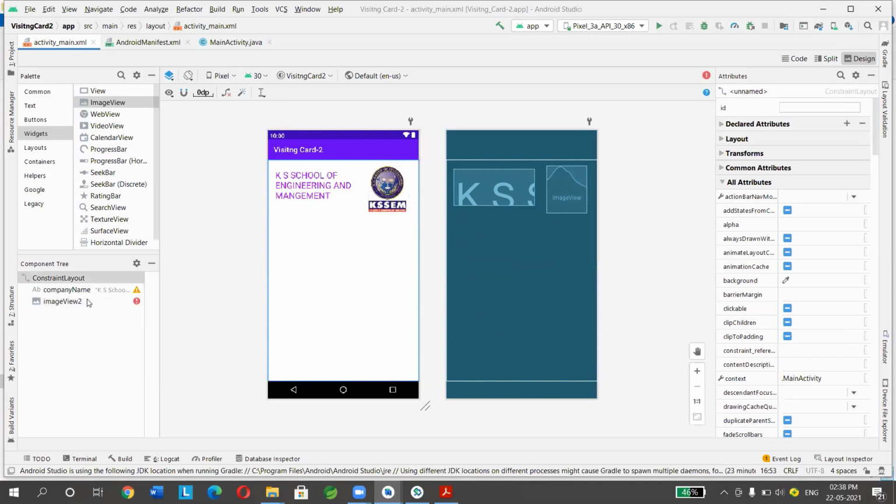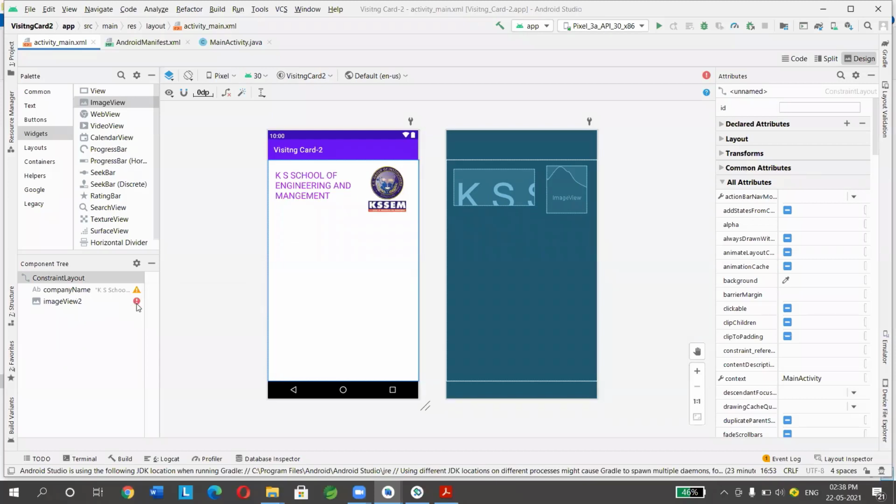Now can you see here the component tree? Whatever components you place here will be visible in the component tree. These are called views. This is one view and this is one view. Those views will be available here.